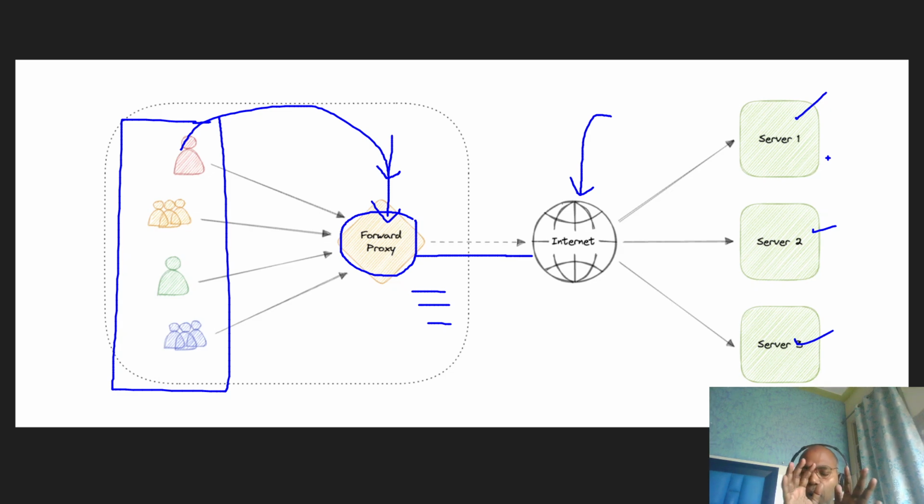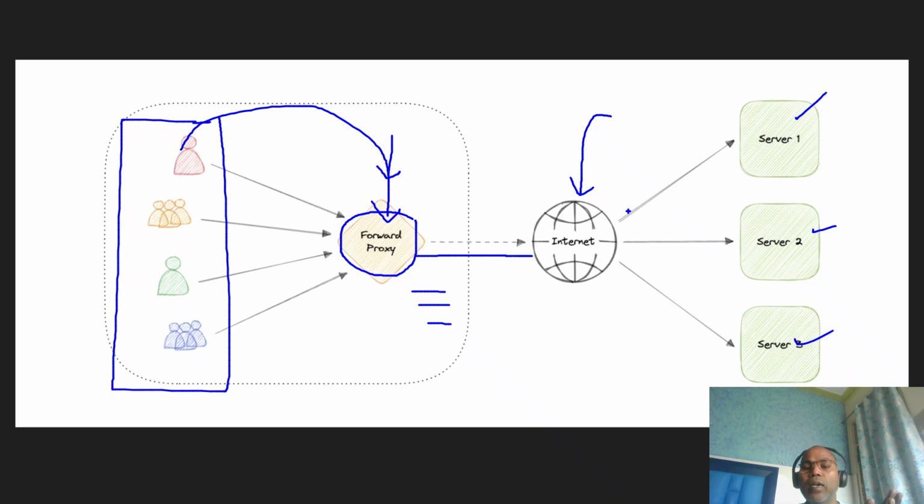So almost all organizations which have some kind of restrictions at the employee level implement these proxy servers. It also ensures that our organization is not exposing any client machine or IP address directly to the internet.